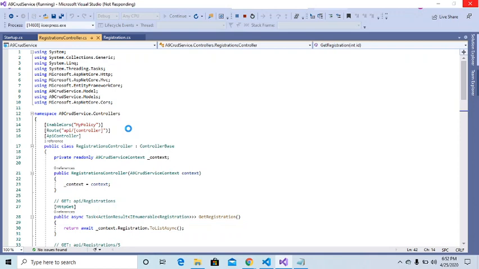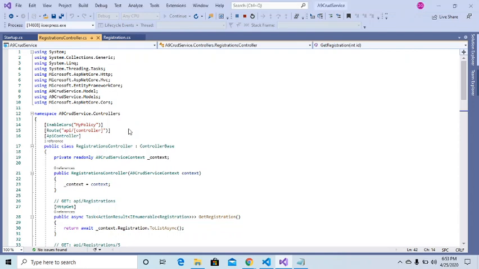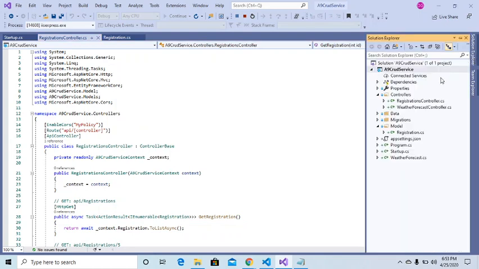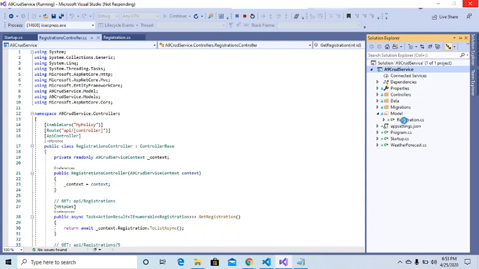You can face the problem of enabling CORS, which I have done by initializing the policy in startup.cs and then applying that CORS policy over here, which will give me what all is needed and who all can access this particular API. So let's say I have created one simple .NET Core Web API project. What we have done is we have created this registration model which we are trying to insert, update or delete. Okay. So this one is the registration model which is getting loaded.